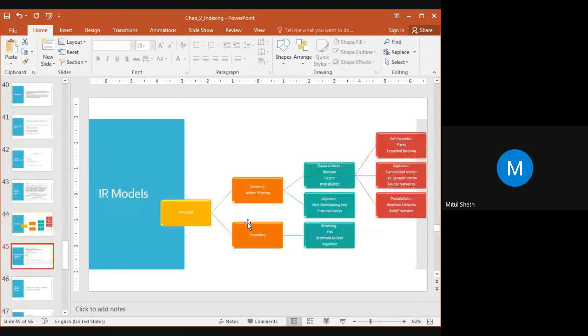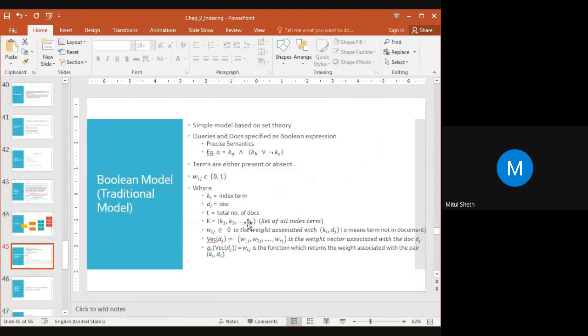In the classical model your first model is your boolean model. Sometimes it's known as the traditional model. Okay, so in your exam it can be your boolean model or it can be your traditional model. Both are the same model. It is a very basic model. I am starting with a very basic model. In the boolean model we have a very simple model based on